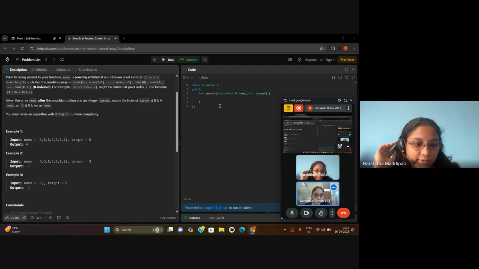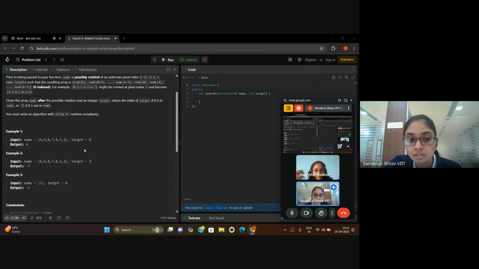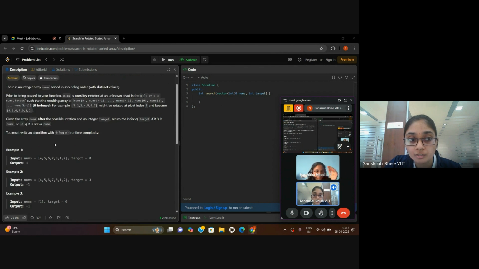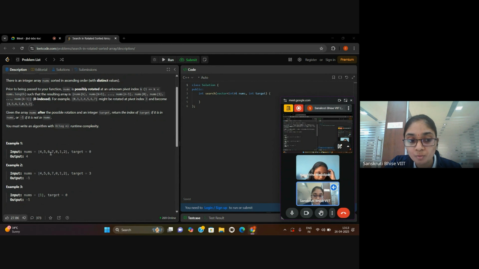But as the array is sorted, we can use binary search, which will take O(log n) time complexity. As this is a rotated sorted array, we can still implement binary search, but we need to change some conditions.